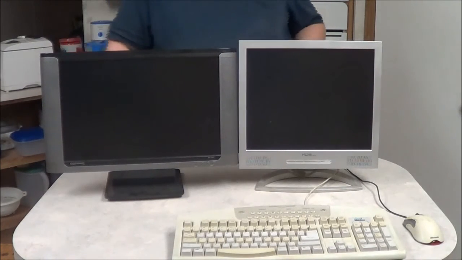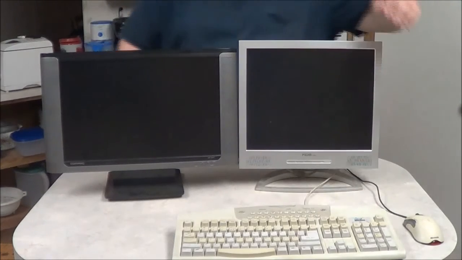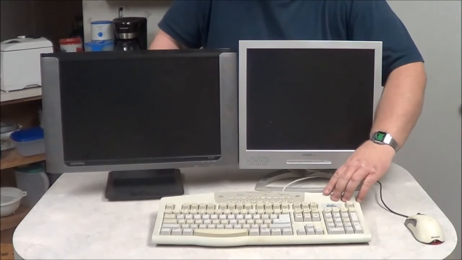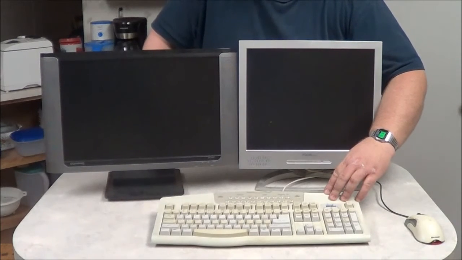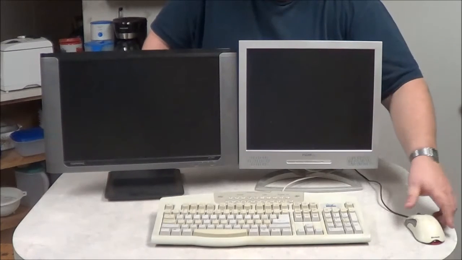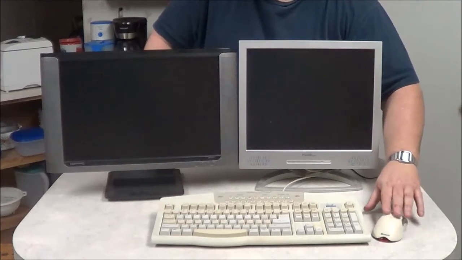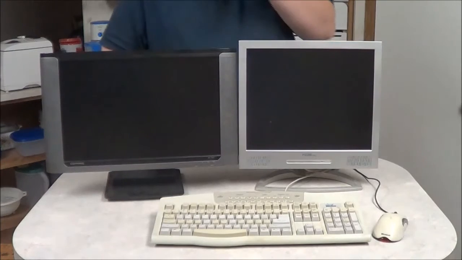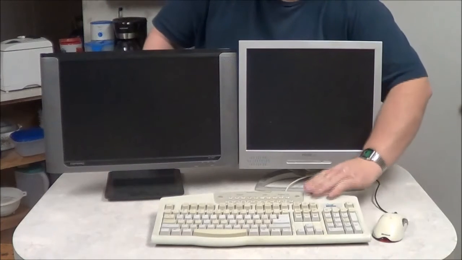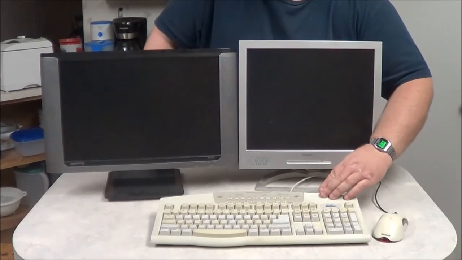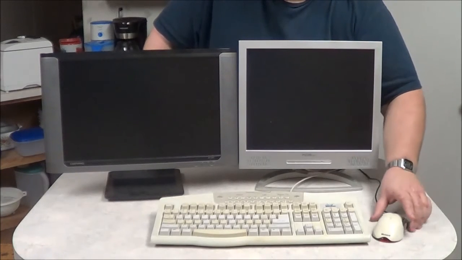Now the other things that you'll need is, of course, your keyboard. This one here is an old keyboard. This one here has been used since 2002. It's a very old keyboard, and yet it still works. The mouse here is about the same age. It's one of Microsoft's early versions of the mouse. This one here is a PS2 keyboard, so I'm going to plug it into the back. Some of these do have adapters to them, so you can plug them into a USB port. The mouse, of course,